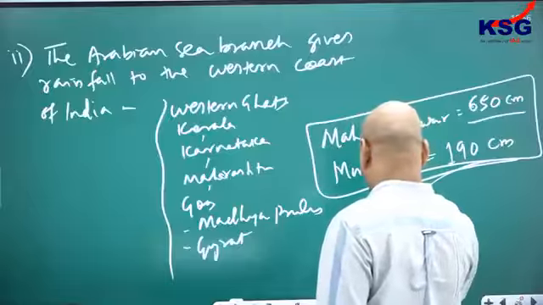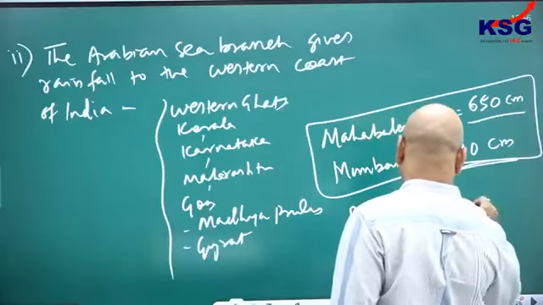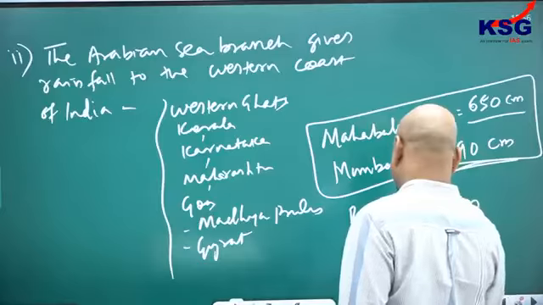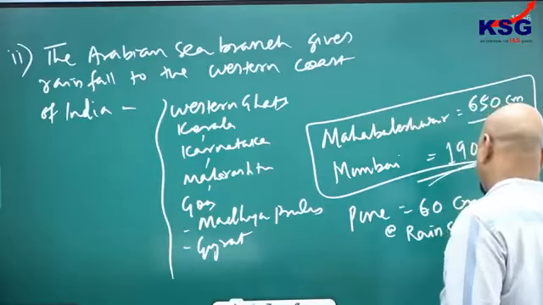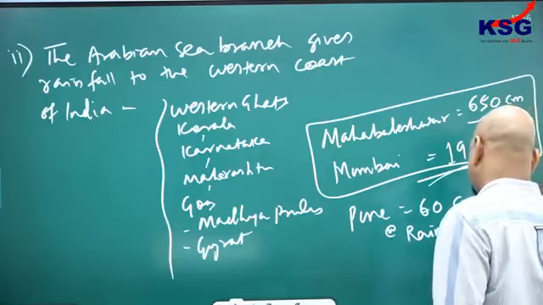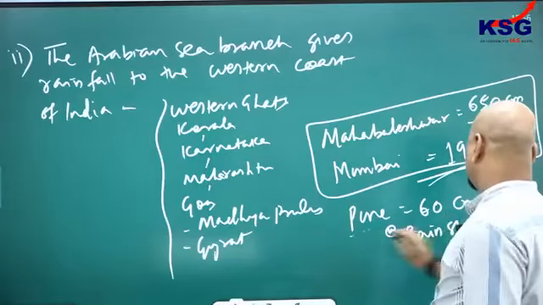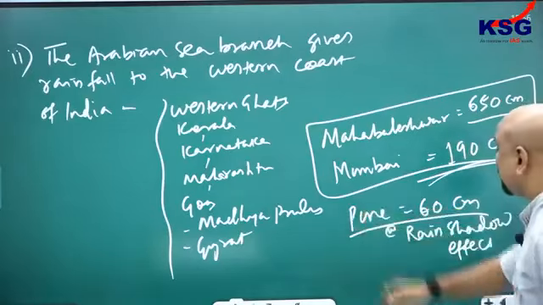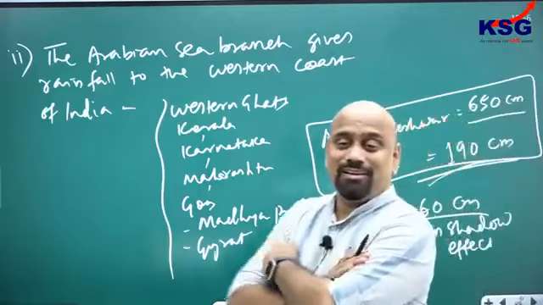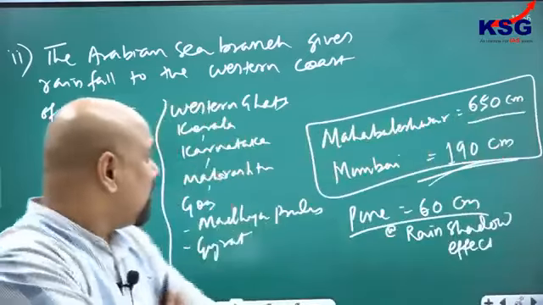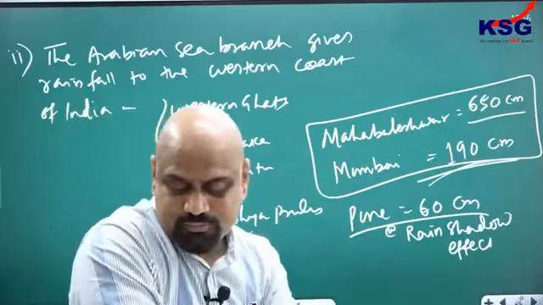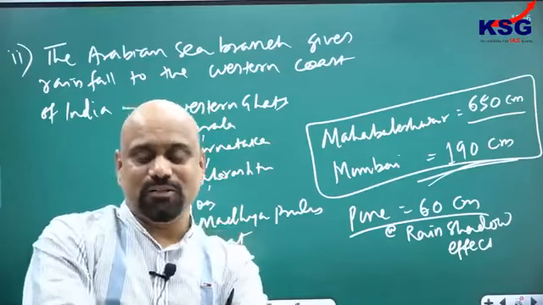You can note down here. Pune gets only 60 centimeter. Pune gets 60 centimeter due to rain shadow effect. Mahabaleshwar 650, Pune is 60 only, and Mumbai is 190 centimeter. So definitely it is because of